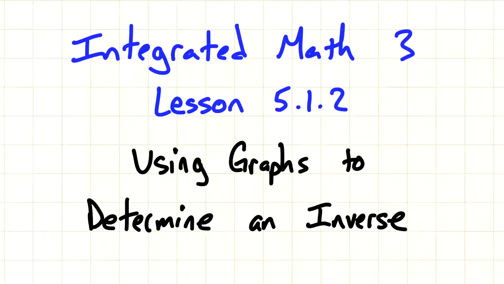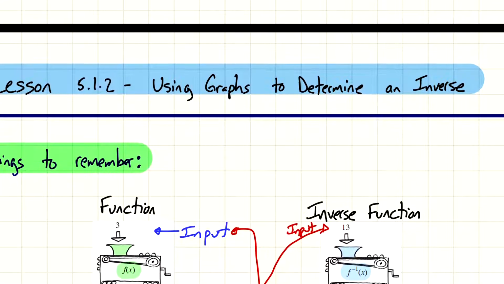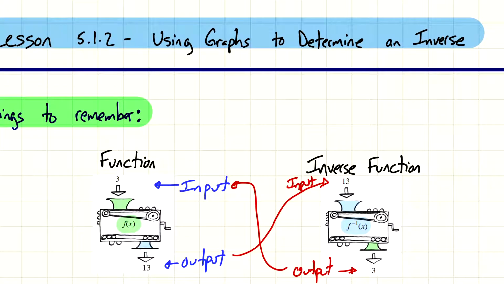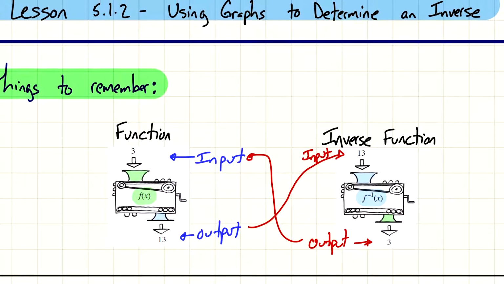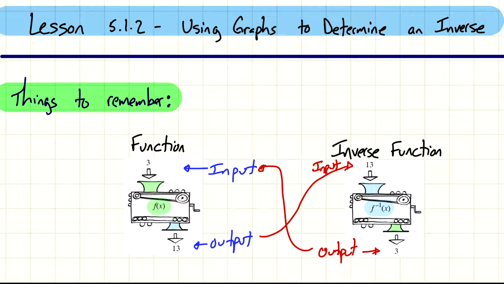Hey everyone, this is lesson 512 from Integrated Math 3, using graphs to determine an inverse. At this point, we have gone over inverses, and I've shown you how to solve for an inverse equation based off of a given function. So here's a quick reminder of what we covered in the last lesson, which was this general idea